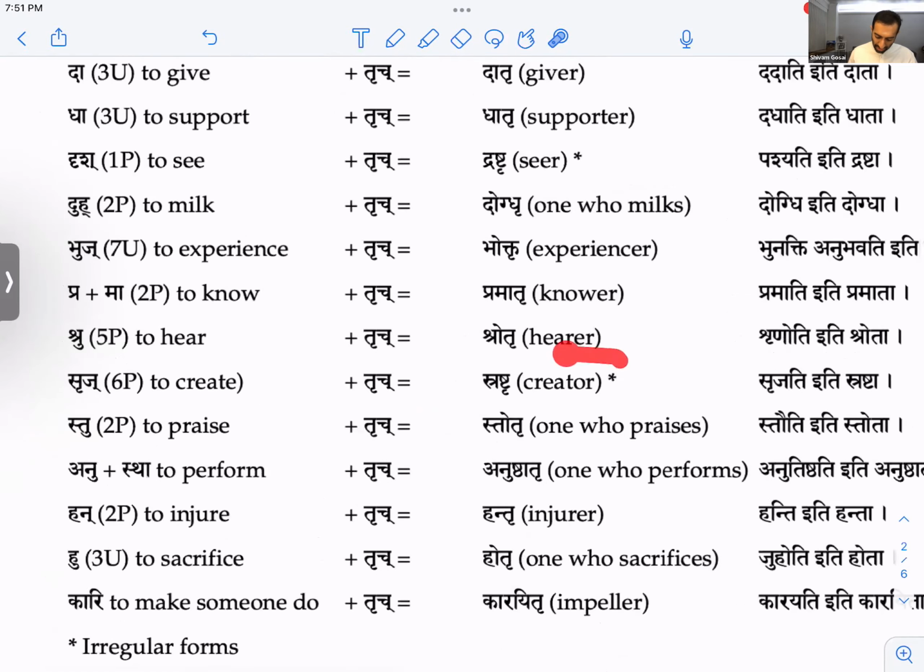Srij is also irregular, so it becomes srush. Srashtr. It's a tongue twister. Srashtr. Srijati iti srashta. Okay. So you can see some of these.